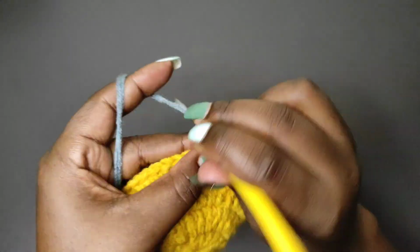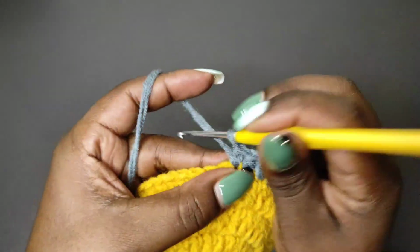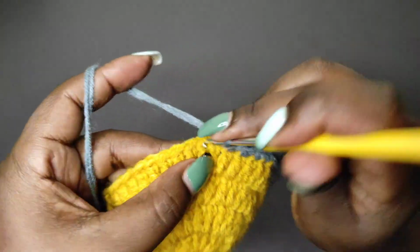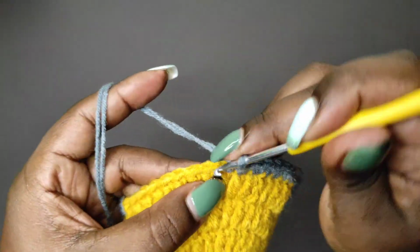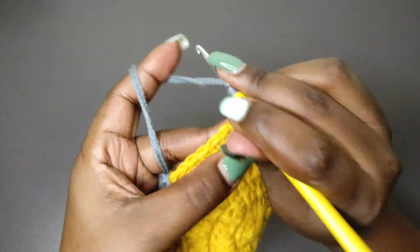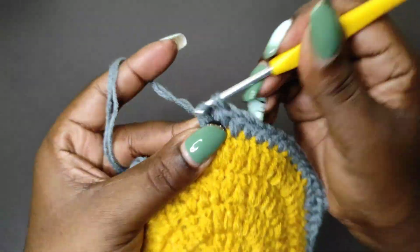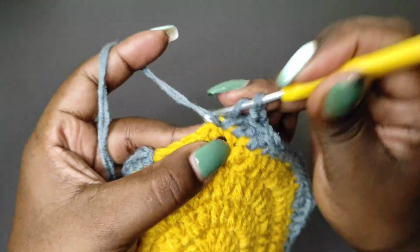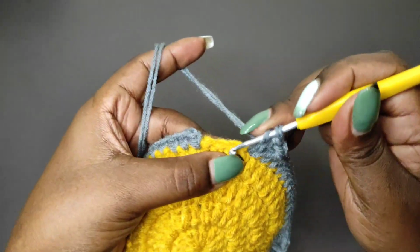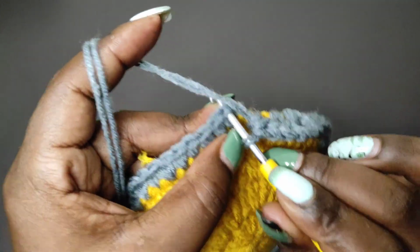then half double crochet next and another half double crochet, then single crochets for a total of 8 stitches. Next we have a half double crochet, then a second half double crochet, then the next stitch will get a double crochet, chain 2, another double crochet. At this point we should have 2 stitches remaining, and each of those 2 will get 1 half double crochet. And then we're going to slip stitch on top of the single crochet